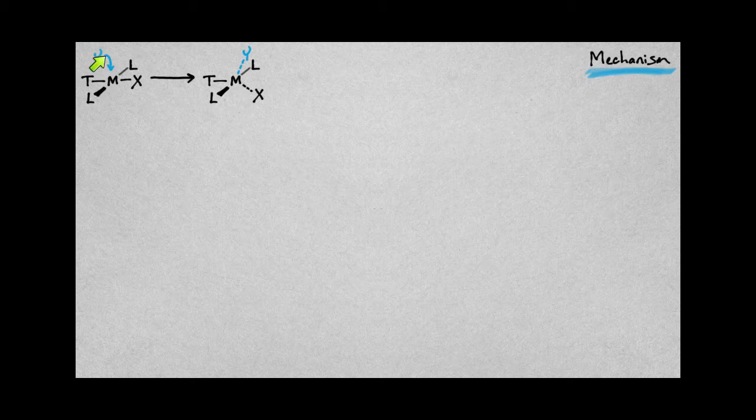So what happens is Y attacks the metal. The bond between the metal and the leaving group rotates downward so that we can have a lot of space for the trans ligand, the incoming ligand Y and X in a trigonal plane. And so we have a trigonal bipyramid intermediate. The L ligands are along the axial portion of that intermediate structure. In a second step, X dissociates and Y moves into position exactly in the place where the X leaving group occupied in the original structure.